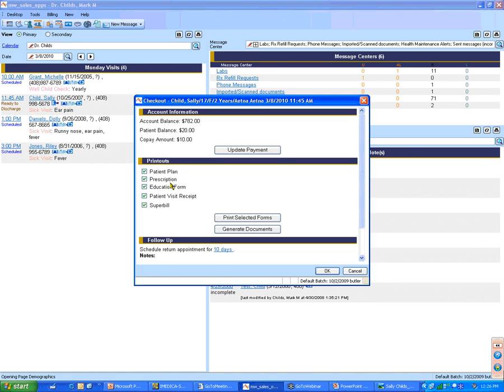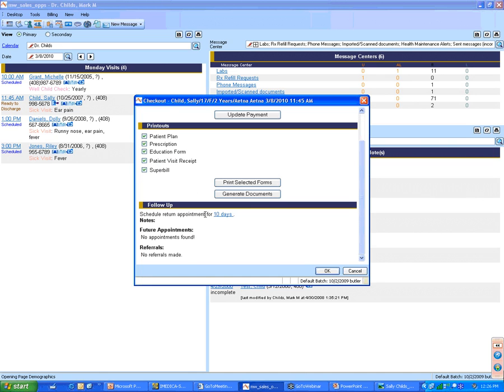it could not go electronically, education forms that the provider has indicated need to be printed. If the parent would like a patient visit receipt for the copay, they can print that. And if they would like a copy of the superbill, they can print all of those forms by a single selection. And then you'll see here that the provider has indicated we need to schedule a return appointment in